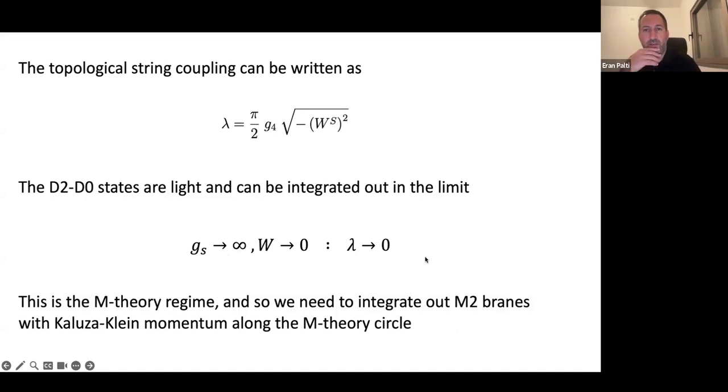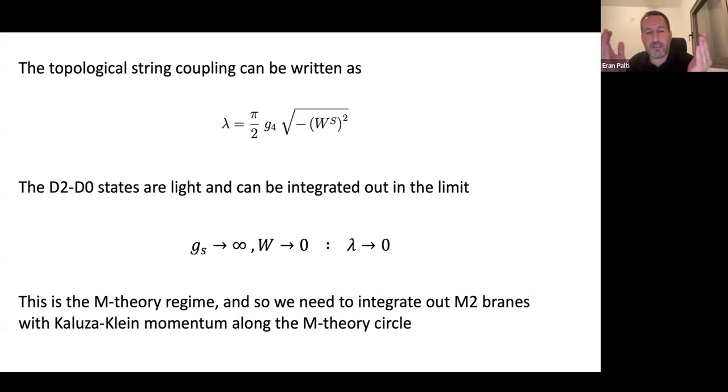And so one answer to Tammy's question is that in this limit, the lighter states in the theory are these D2-D0 states. And so you expect that they give the leading contribution to the action, or in fact, the full contribution to the action in that limit. That's one answer. Perhaps the more general answer is that essentially M theory is the UV completion of type 2A string theory,